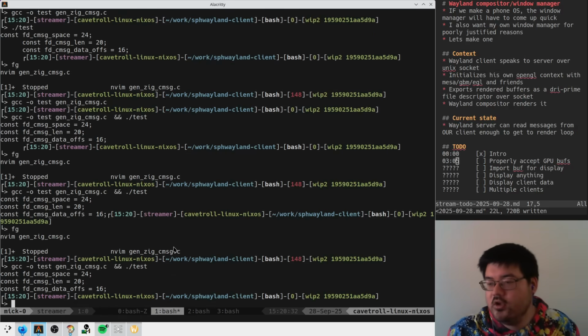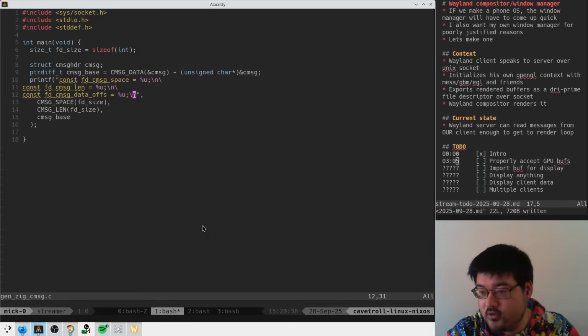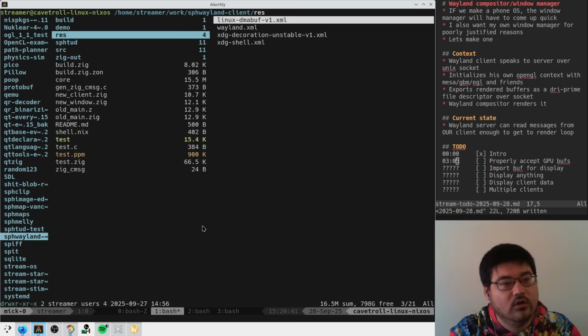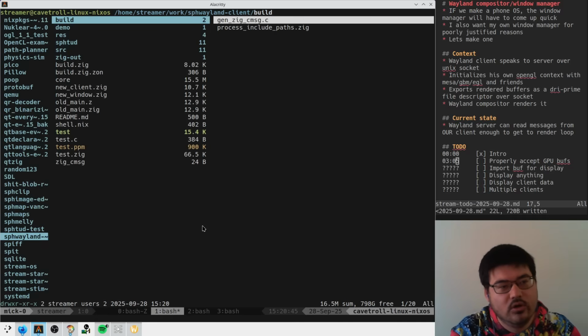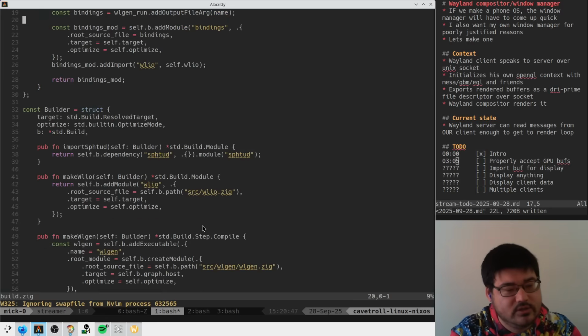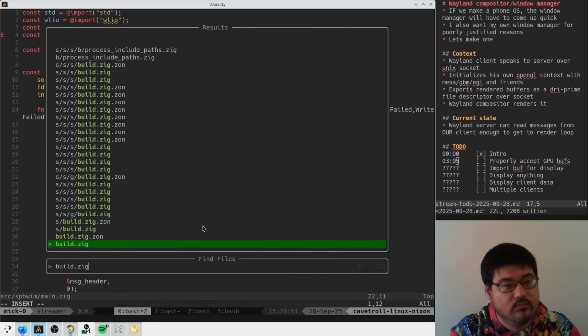There we go. After all that, we have our offsets. So we should be able to now just take this thing, slap this over here somewhere, and in build, can we,